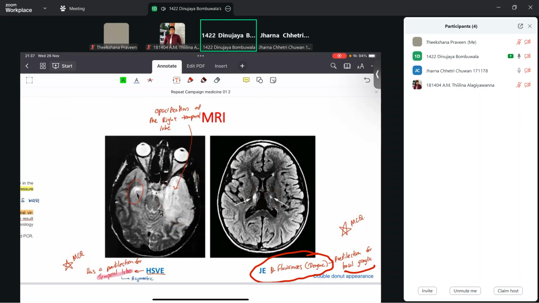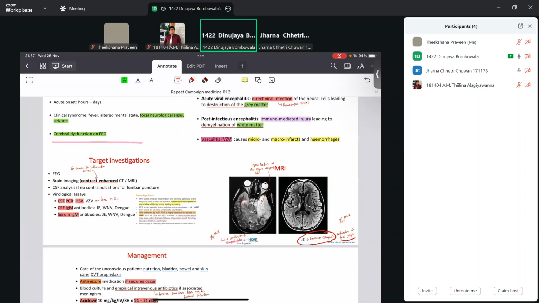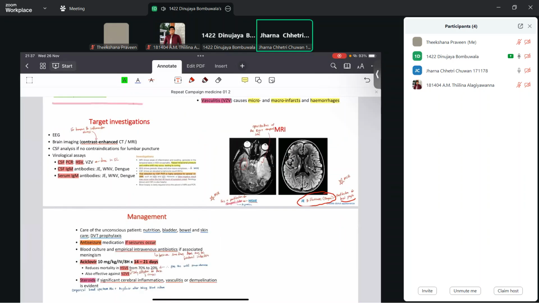I used to memorize this one, and I can't remember exactly. I think in herpes HSV there will be hemorrhagic CSF as well. I can't remember exactly, but I think there will be RBCs in the CSF. I'll check it and let you guys know after the session. I guess as far as I can remember, there will be hemorrhagic CSF in HSV.